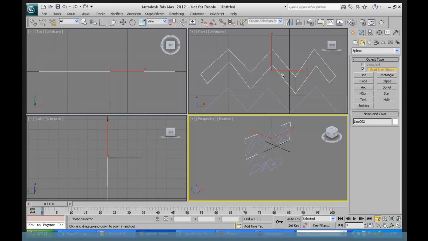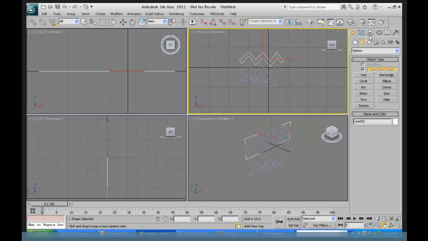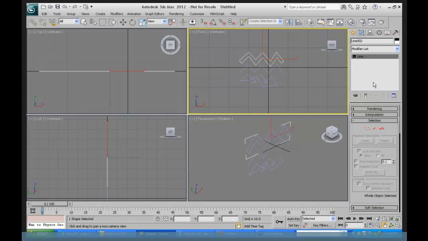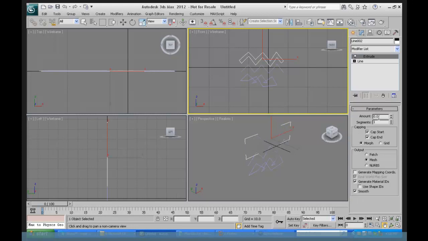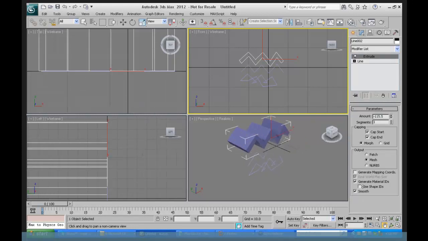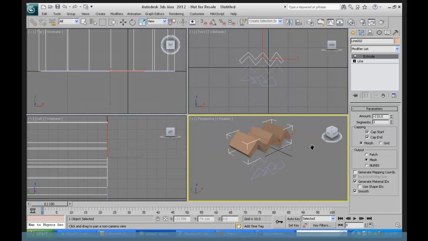Let me zoom back in on this one. So if I've created simple lines like this, then adding a modifier to this is one of the basic ways that we create 3D. We add an extrude modifier, and now if I extrude it,